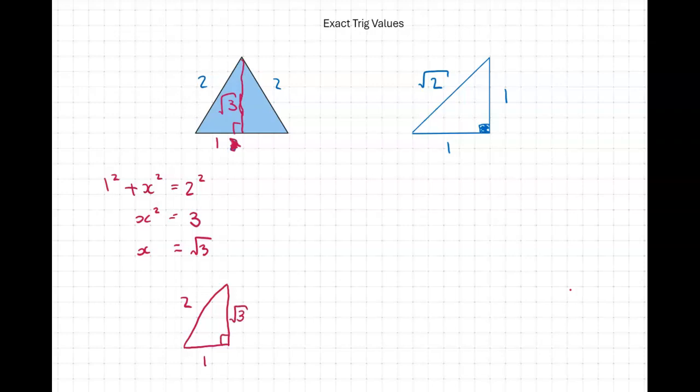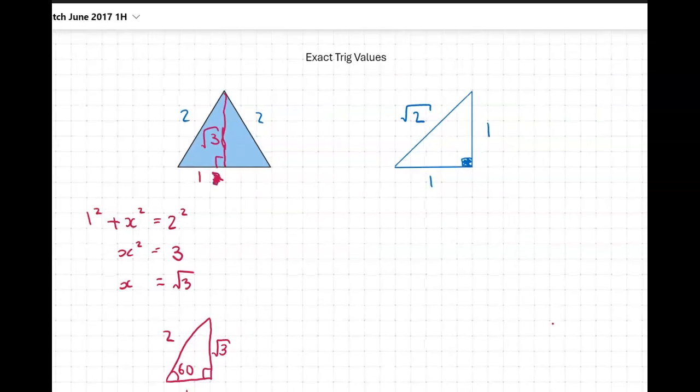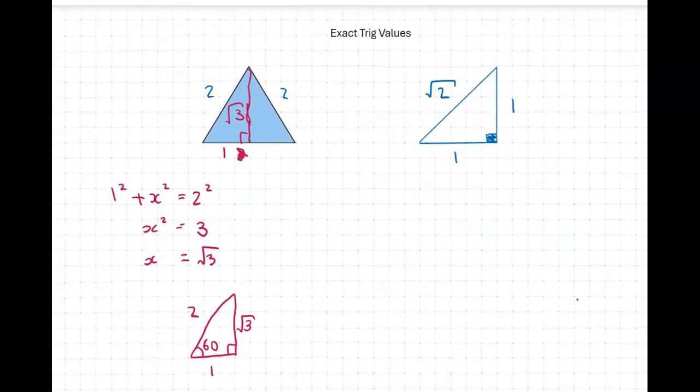Now, as it's an equilateral triangle, that must be 60. But the one at the top must be 30. Oops, sorry. So you can now work out sine, cos and tan. So if you remember your SOHCAHTOA,